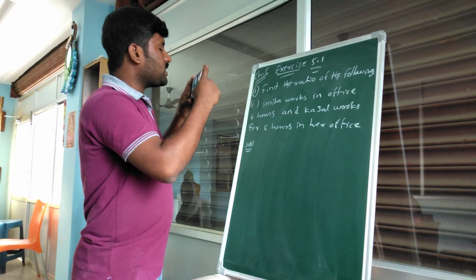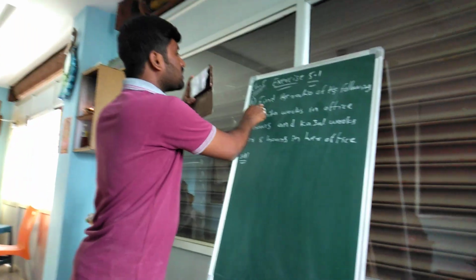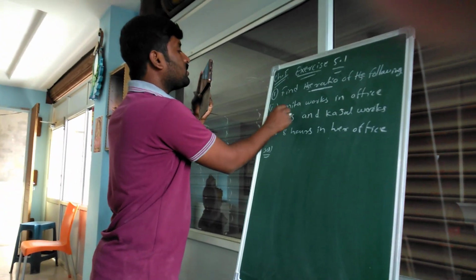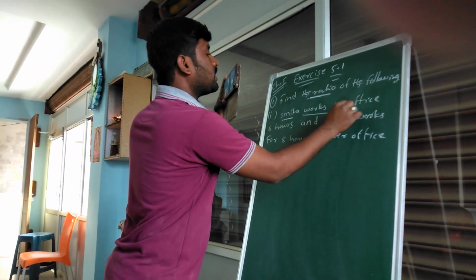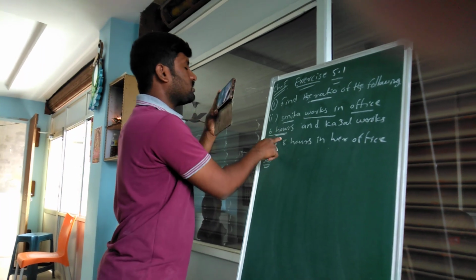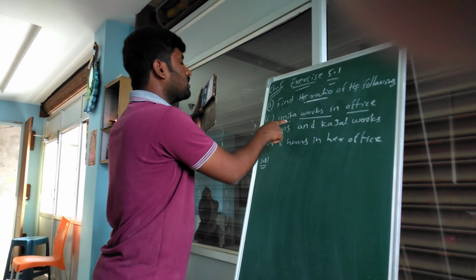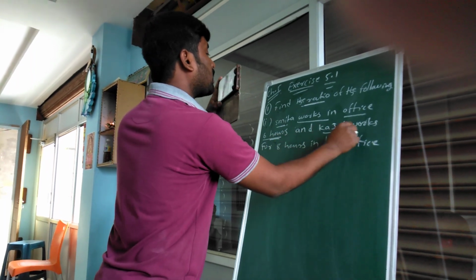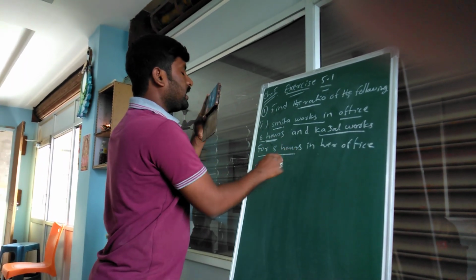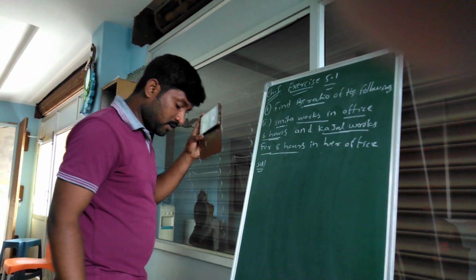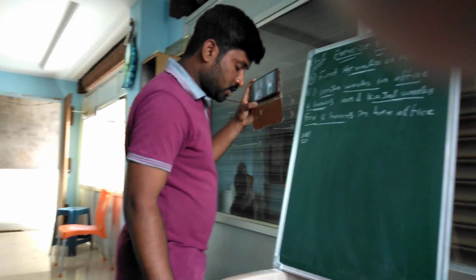Students, what is the given question? The question is find the ratio of the following. In that first one, Smita works in office 6 hours. How many hours is she working? 6 hours. And Kajal works for 8 hours in her office. Now the ratio of their working